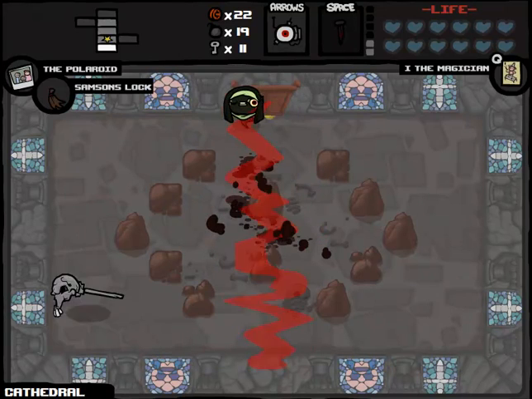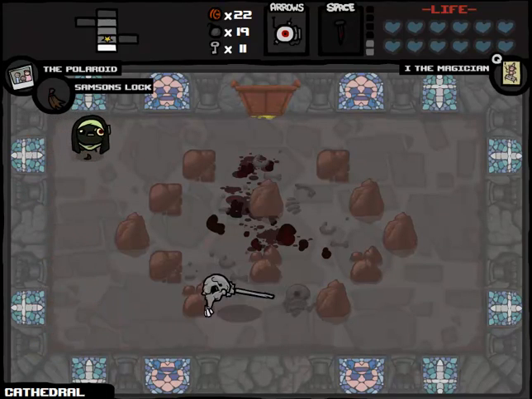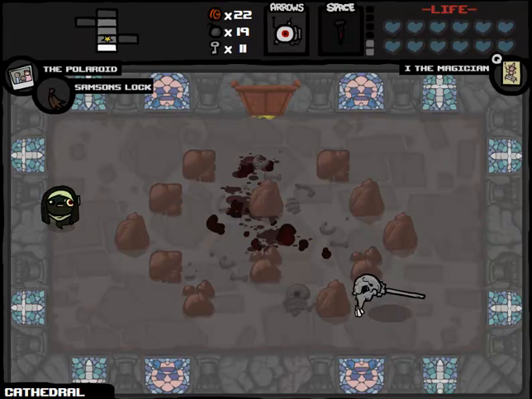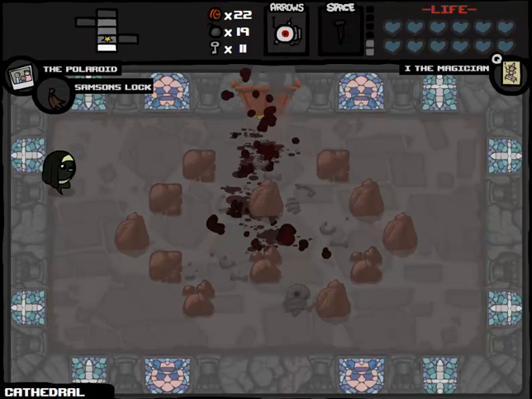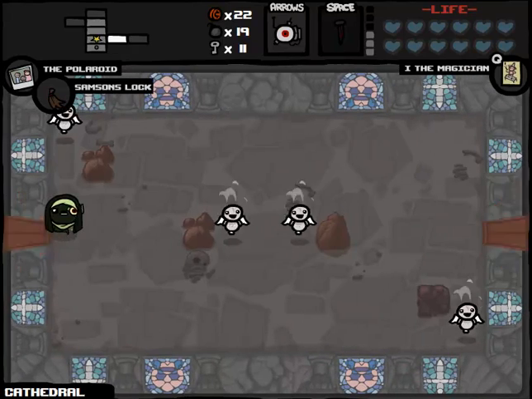Death should be dead in like 2 hits. The horse maybe will withstand another 1 or 2, if I could actually hit it, that is. Proving to be surprisingly resilient. There we go, finally. Now, that's usually my go-to direction to try to find the boss when I don't have